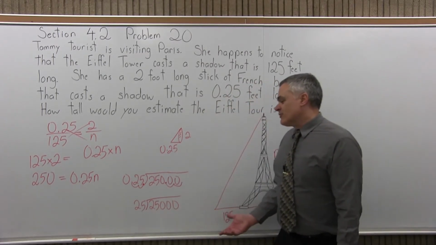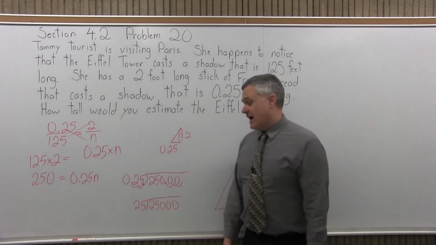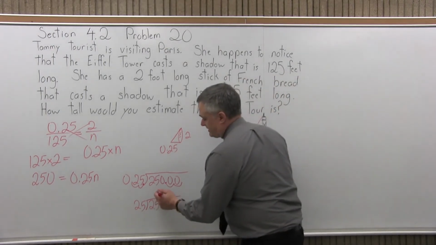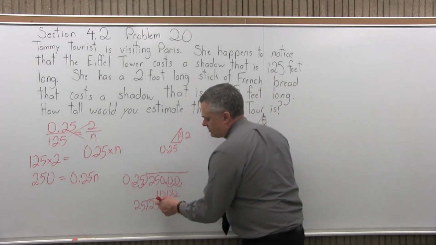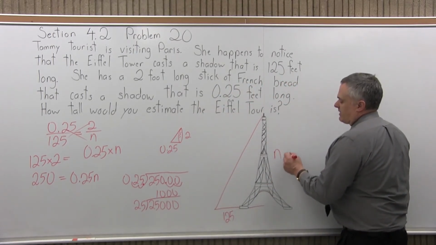So I don't really need to do that out. Some number times 25 makes 25,000. It has to be 1,000. I can see that it would divide in 1,000 times. I mean, you could do it. It'd be mostly zeros. So the height of the Eiffel Tower is